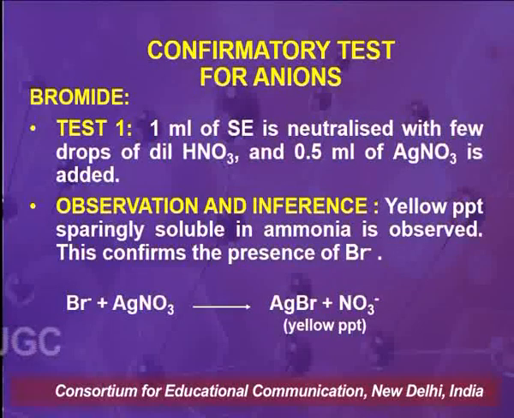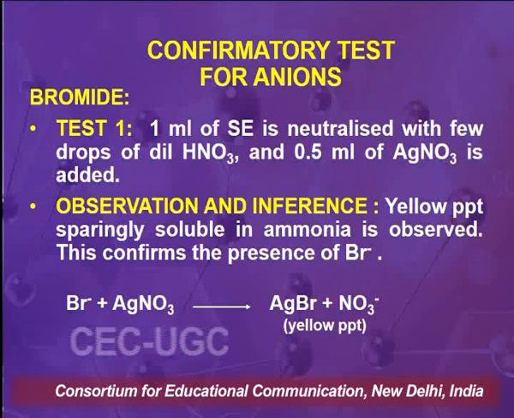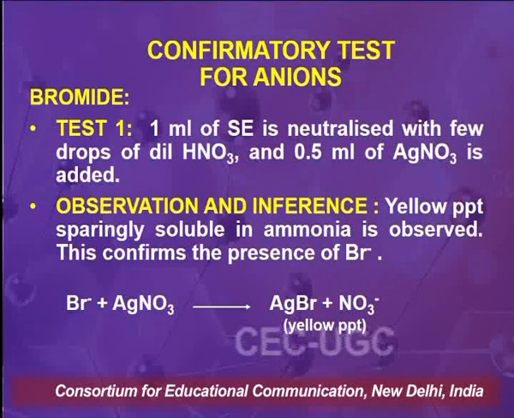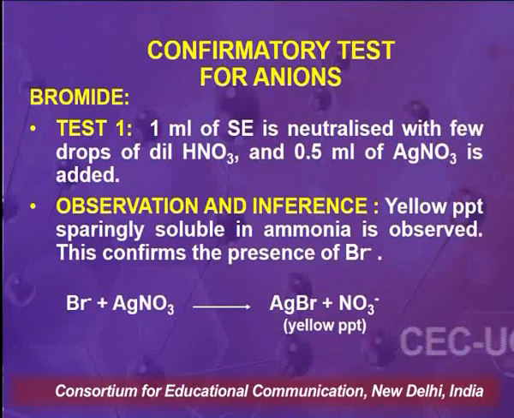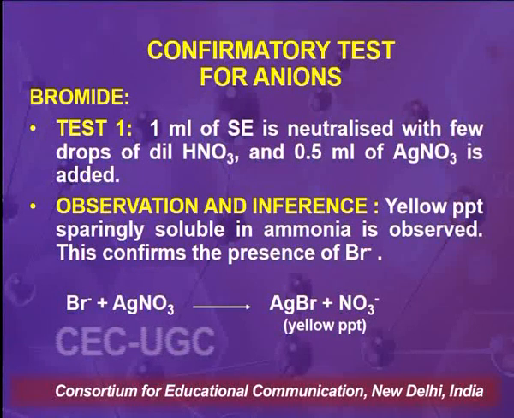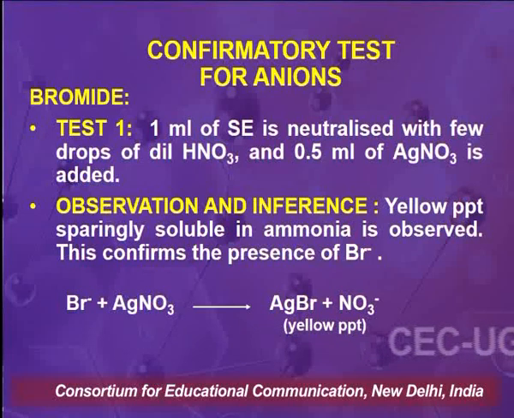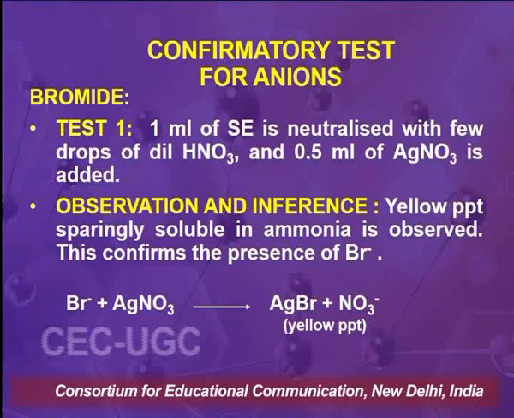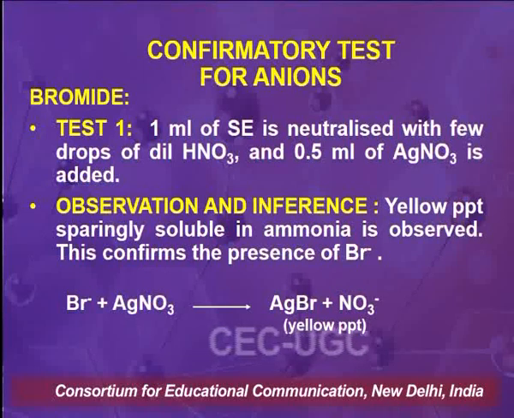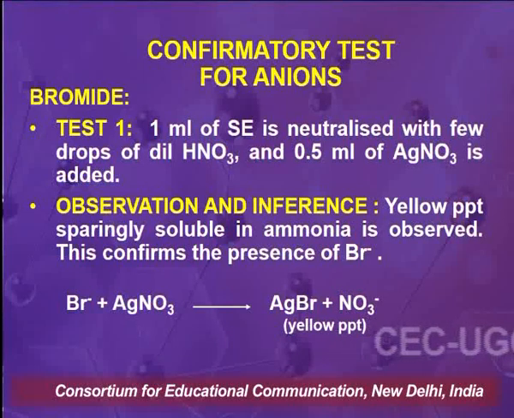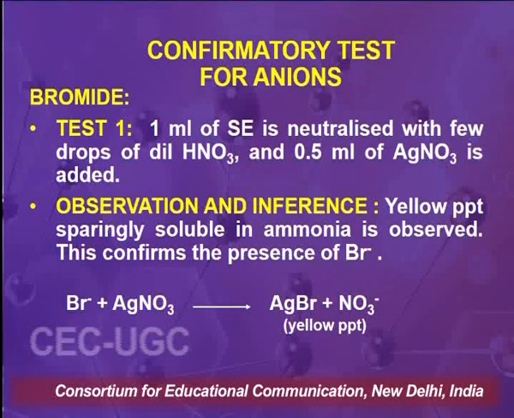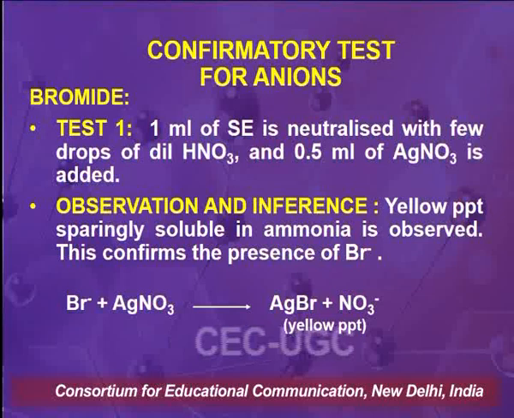After chloride, we come to the next halogen or halide, which is bromide, which needs to be analyzed after chloride. For this, 1 ml of soda extract is neutralized with a few drops again of dilute nitric acid, and 0.5 ml of silver nitrate, which is the precipitating agent, is added. The test is the same as that of chloride, which we have recently discussed. If upon this yellow precipitates which are sparingly soluble in ammonia are observed, it confirms the presence of bromide ions